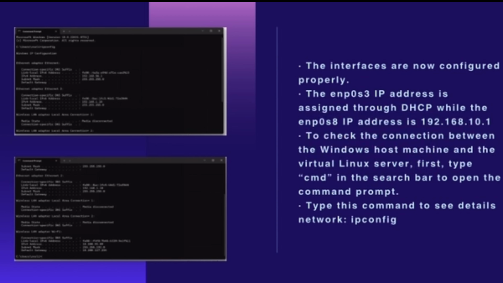type cmd, which is command prompt, in the search bar to open the command prompt, and then we type this command, ipconfig. This will display in the command prompt. After this displays in the command prompt, it means that we are successfully connected between the server and client virtual machines. And then we need to run the command ping